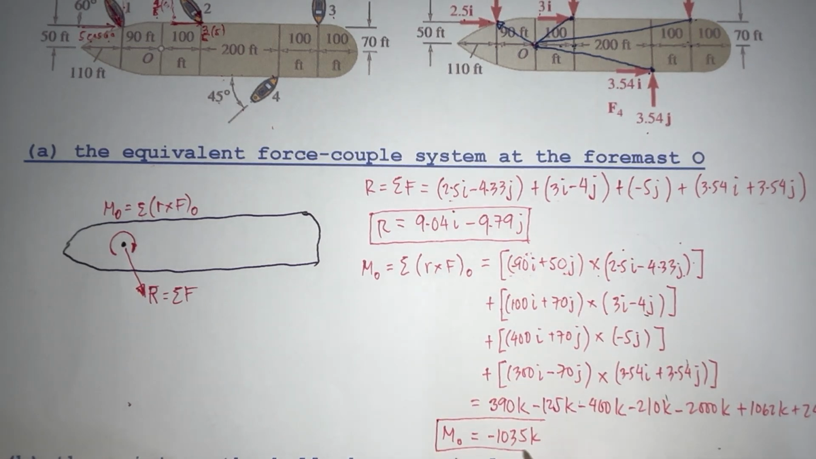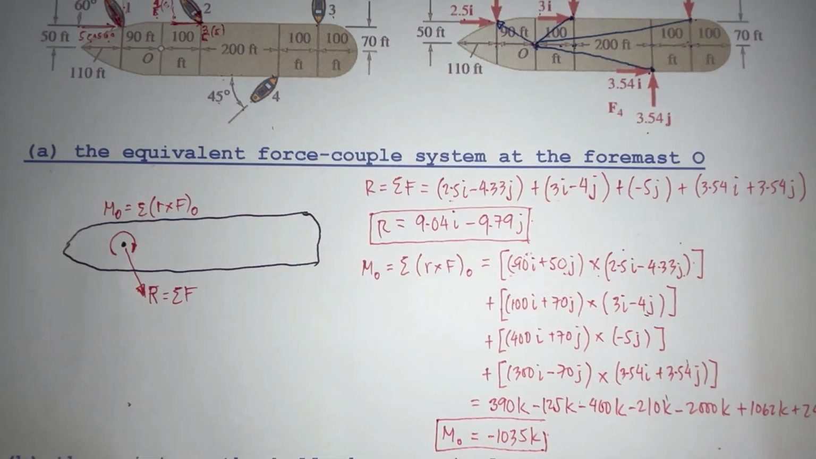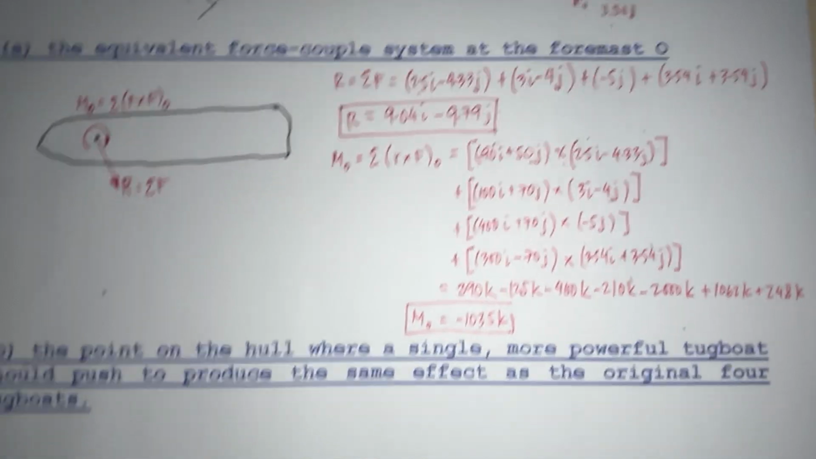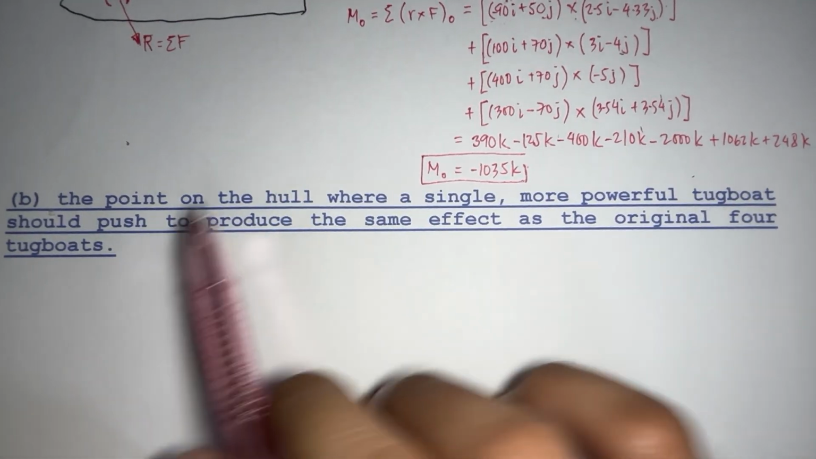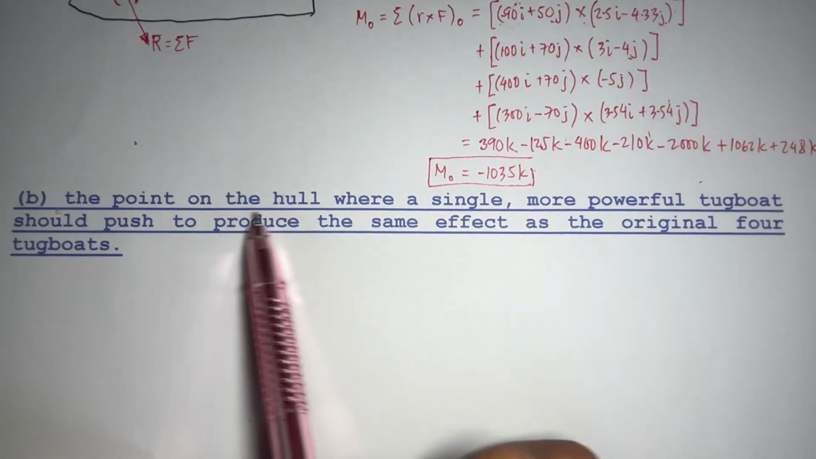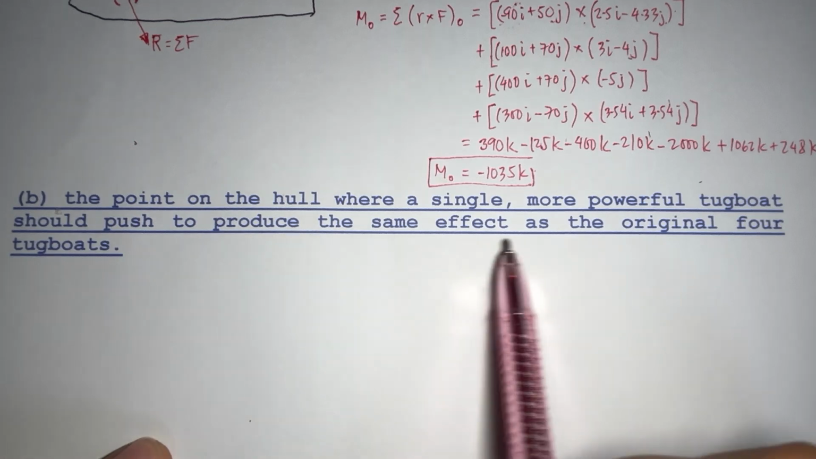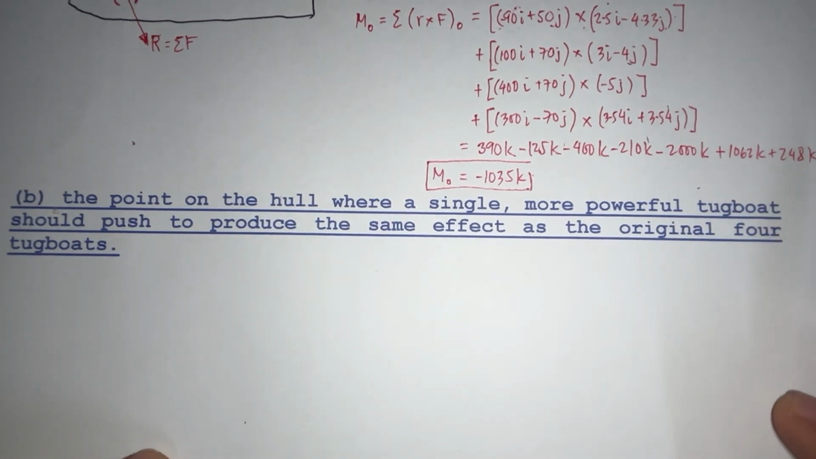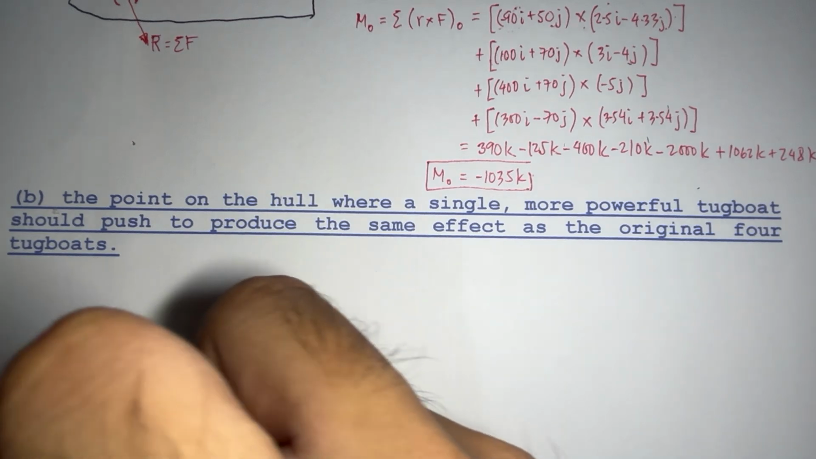So now for our part A, we have our force and our couple here. Okay. Now for B, what we need to find is the point on the hull where a single more powerful tugboat should push to produce the same effect as the original four tugboats. So, if we draw again our hull, I mean our ocean liner, if we have, say, this is our ocean liner,